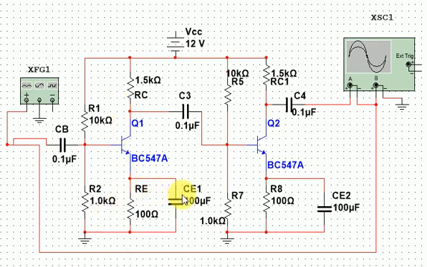Here we have the emitter bypass capacitor CE connected in parallel with the emitter resistance. Mainly the use of this capacitor is to achieve higher gain and to reduce distortion in signals. As we are interested in amplification of AC signals, the capacitor allows us to have a stable DC biasing current and maintain a high gain. CE in parallel with Re also serves to decrease the negative feedback and increase the gain.